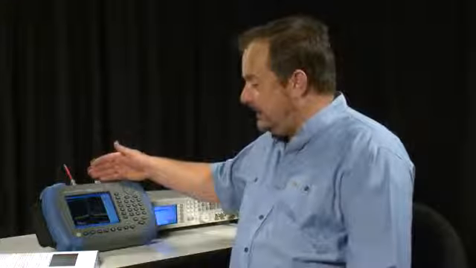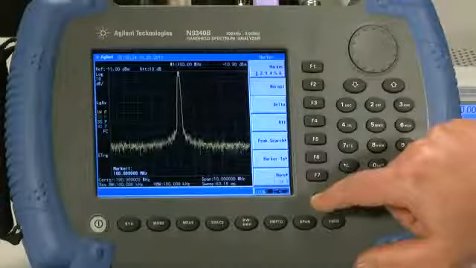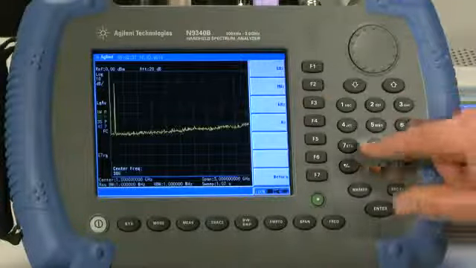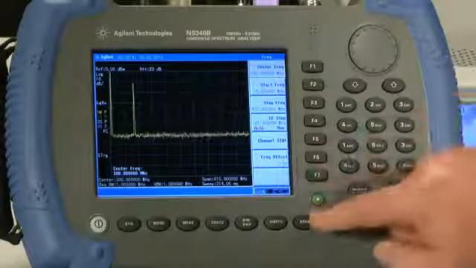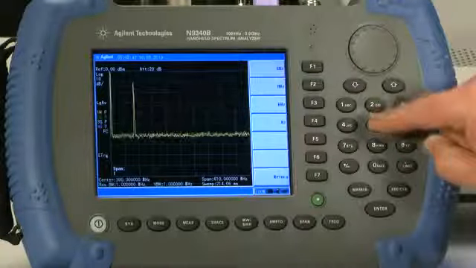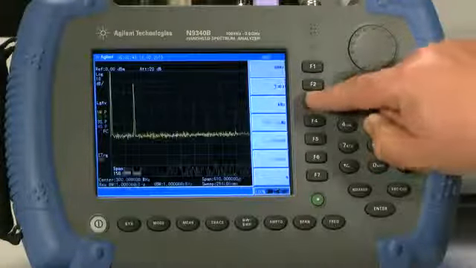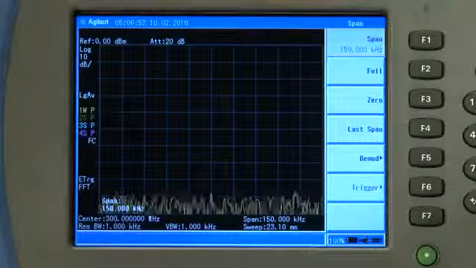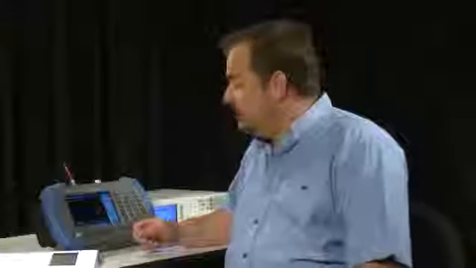So with the 100 MHz signal from the signal generator still connected to the analyzer, let's press the preset button, and then we press frequency 300 MHz and a span of 150 kHz. And you can't see this third harmonic signal on the screen, so let's take a few steps to improve the